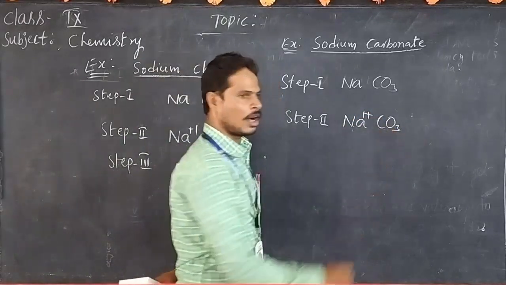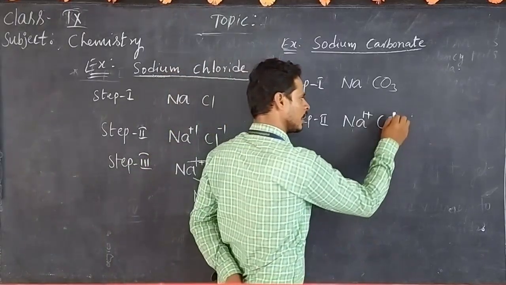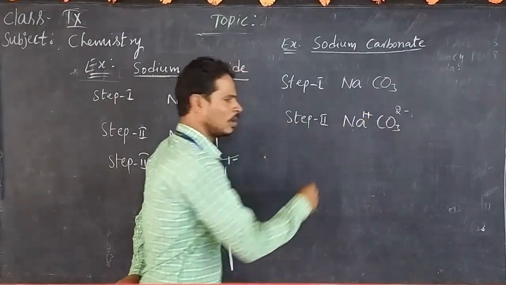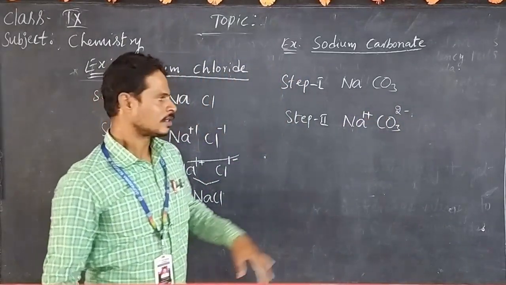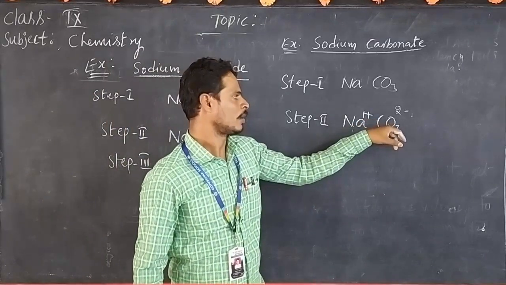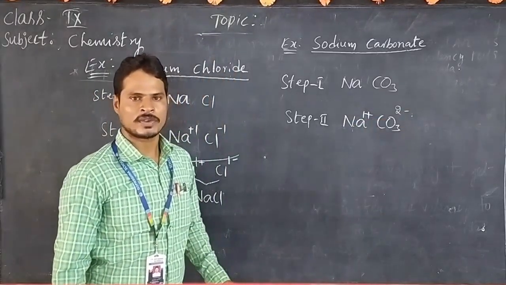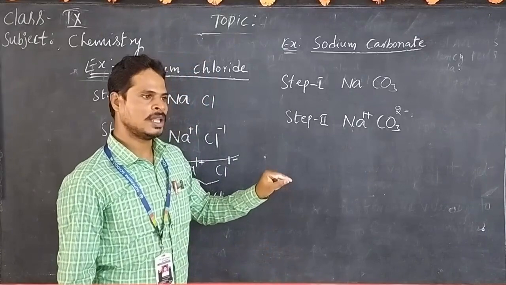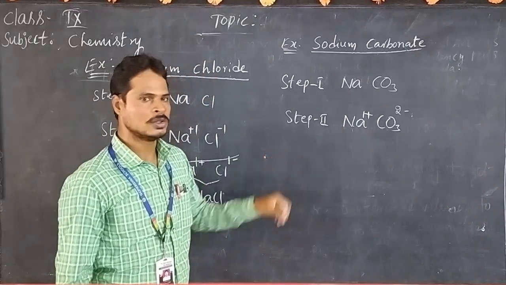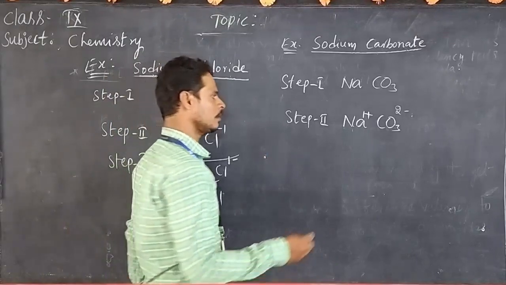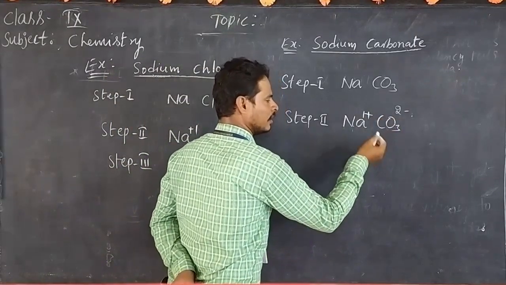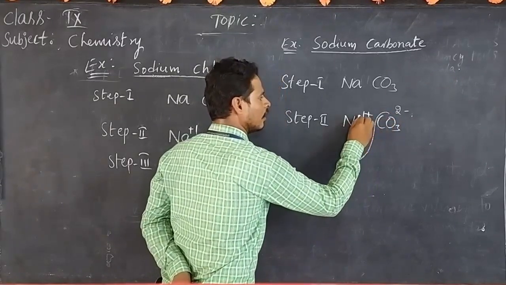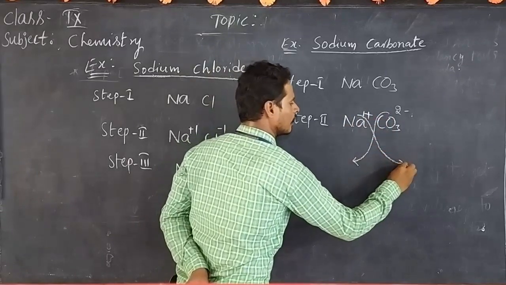Next, what is the charge of carbonate? 2 minus. Where should we write it? Top of the anion, right side. Now here, do both have the same valency or different valency? Sodium has 1 plus, carbonate has 2. If cation and anion have different valencies, then shift them right to left and left to right, downside of the cation and anion. Now observe, both are different valency. That's why the valency is shifted right to left downwards and left to right.